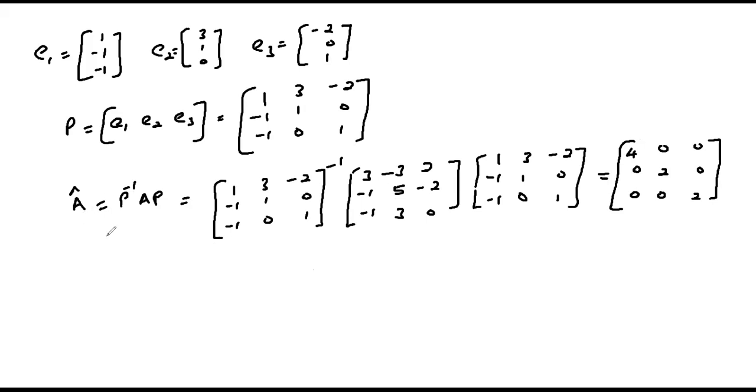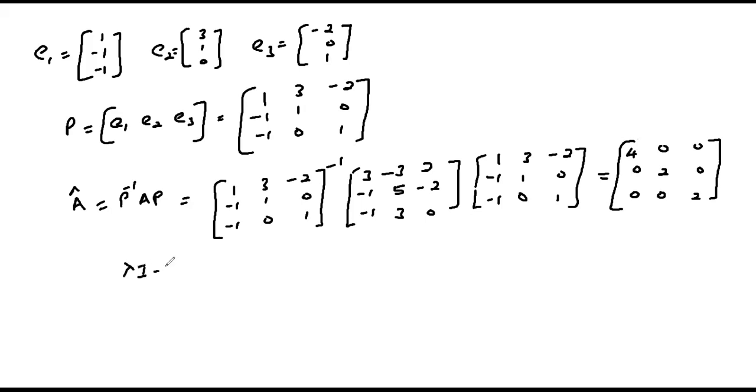And as you can see, under similarity transformation, if we use P obtained from the eigenvectors of the matrix A, the matrix A is transformed into diagonal form. And as you can see, the roots will be 4, 2, 2, which were our previous roots on the major diagonal here. And therefore, the characteristic equation of the matrix A will not change, since our characteristic equation will be obtained by